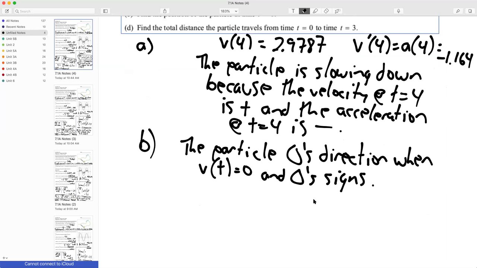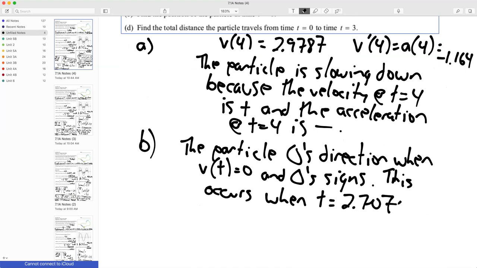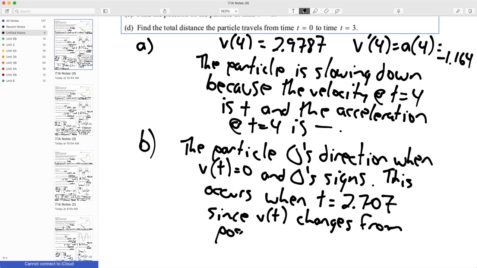So I'm going to say this occurs when t equals 2.707, since V of t changes from positive